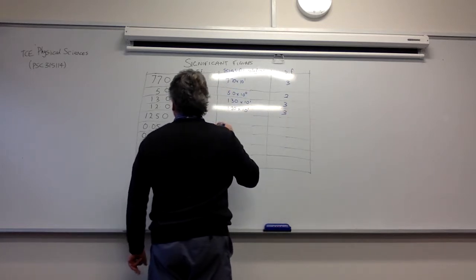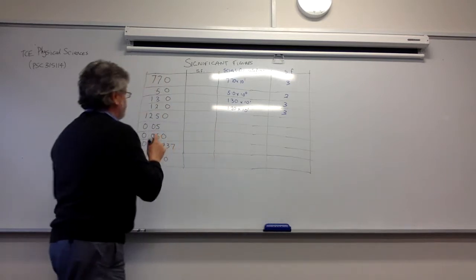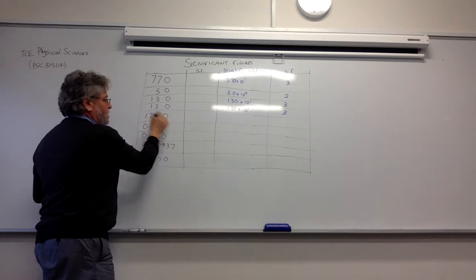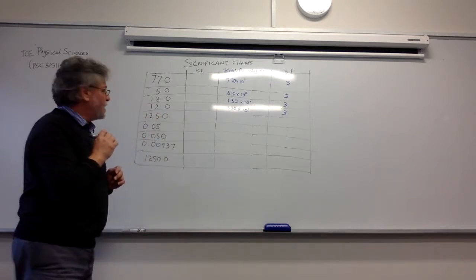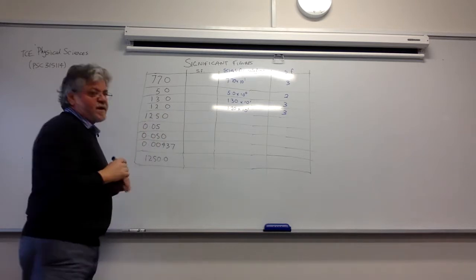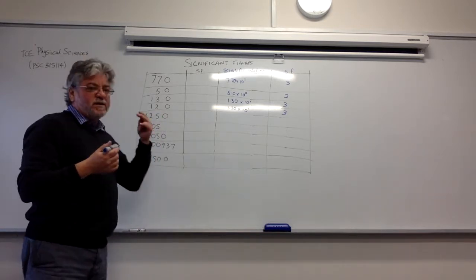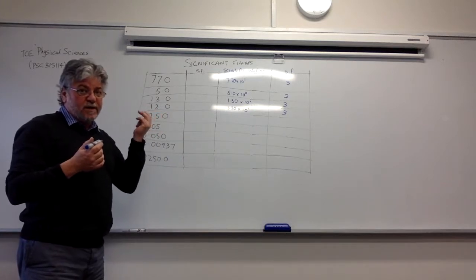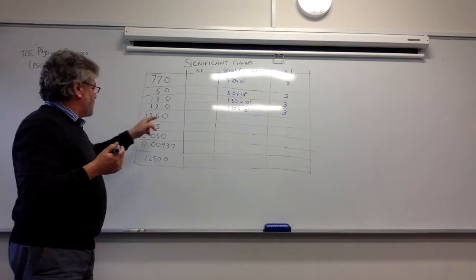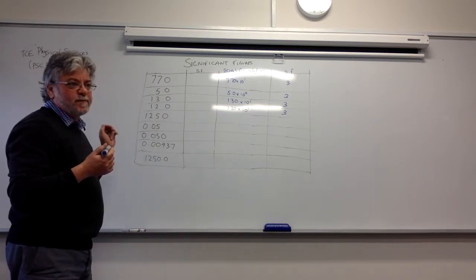This next one, 1,250. Now that's interesting because there's no decimal place here, you don't count the 0. The 0 is there to say that it's 1,250 as opposed to 125 or whatever, but it's not actually of any significance, alright? So this is a rounding, this could be anywhere, because of our rounding numbers, between 1,245 and